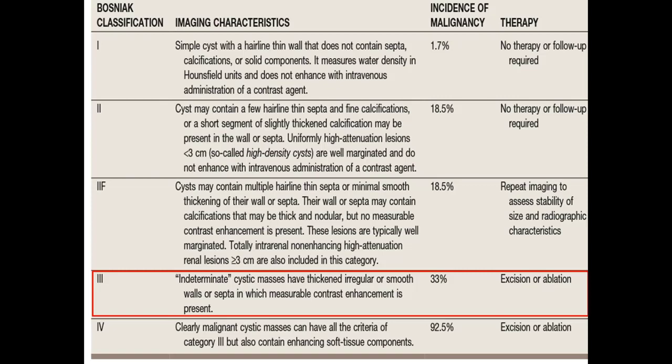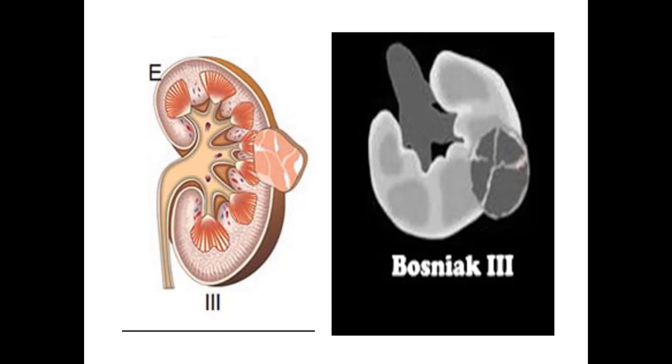So another one is the type 3 cyst. These are the indeterminate cystic masses, which have thickened irregular or smooth walls or septa in which measurable contrast enhancement is present, and malignant potential here is around 33%, and definitely we need excision or ablation. So we can appreciate here thick walled septas,